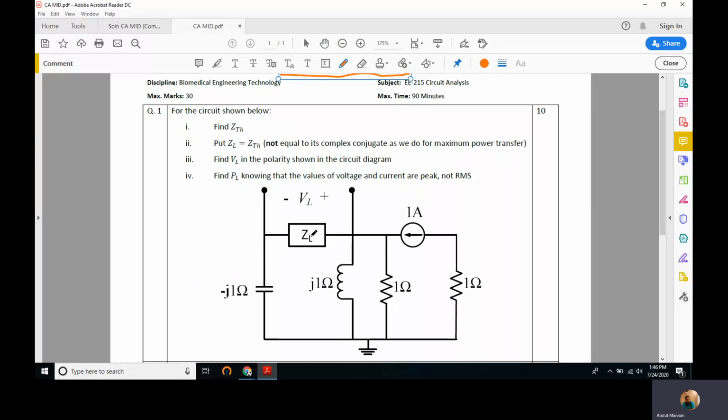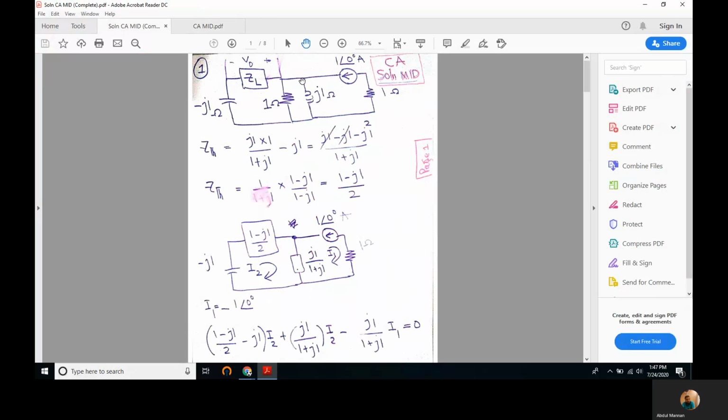Well, to compute Z Thevenin for this circuit, we have to remove this load and replace this current source with its equivalent resistance. The equivalent resistance of the current source is infinity. So this would be replaced with an open circuit, and we will remove ZL and we'll find Z Thevenin across these ends. So I have solved it for you